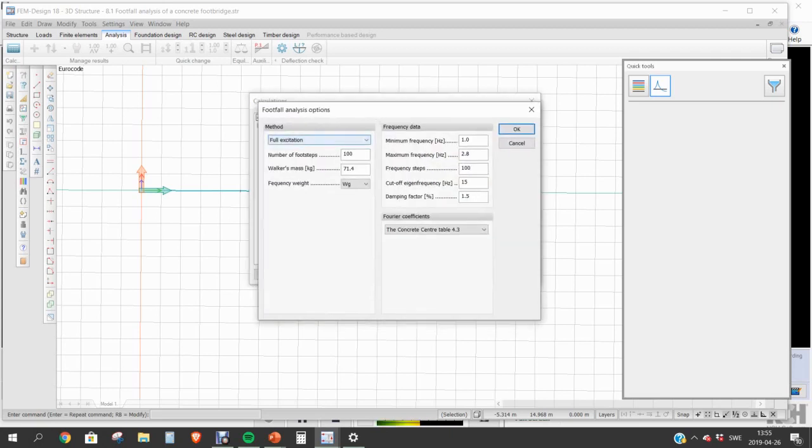Here, as we talked about before, we have different excitation methods we can choose between. Here you have the number of footsteps. This parameter is only important for resonance response analysis. A lower number of footsteps reduces the possibility of resonance. More about how to choose the number of footsteps can be found in the reference